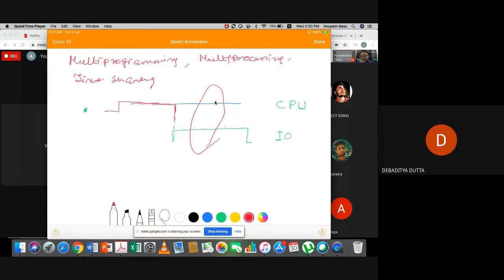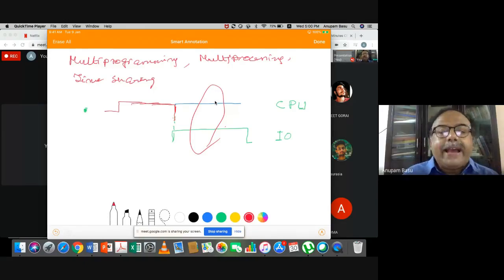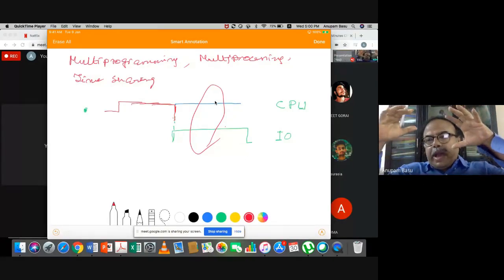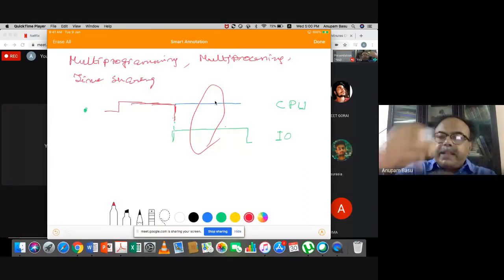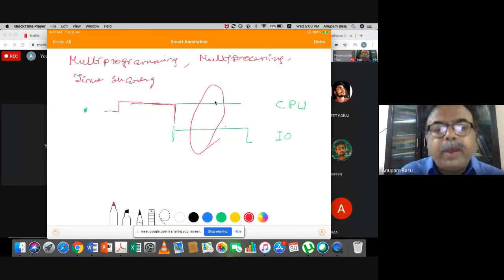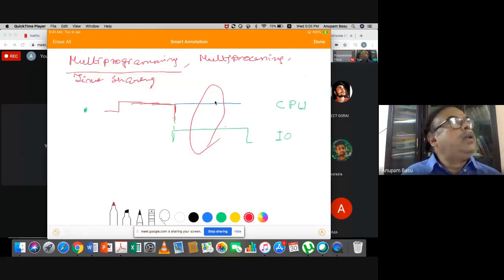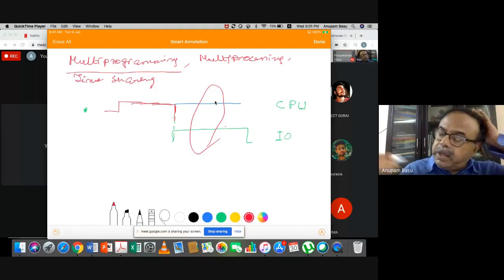So one process is running through the IO part, and one is running through the CPU part. Absolutely. Actually, in the CPU there is only one process running, and in the IO, another process is running. From the top, we can see that the red and blue are neither in the finished state nor in the ready state. So they must be executing. This scenario is known as a multi-programming scenario, where multiple programs are as if working together.